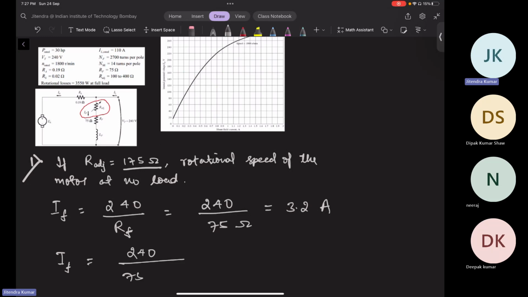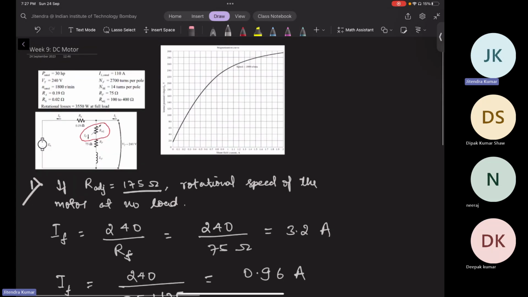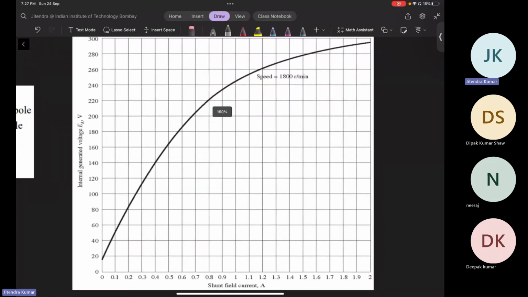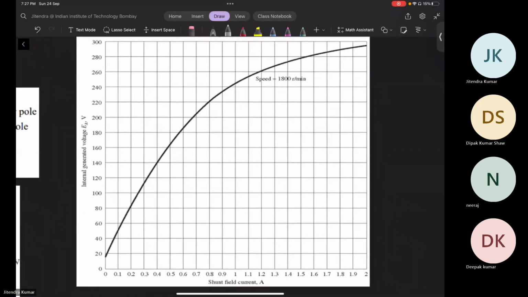240 divided by 750, 75 plus 175. It will be 240 by 250, that will lead to 0.96 amps. Now you can see 0.96 amps. Let me zoom it for you. 0.96 amps will be